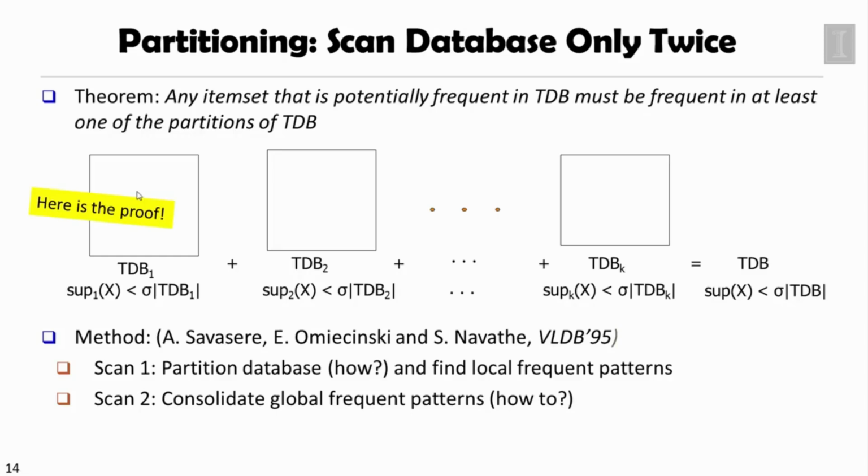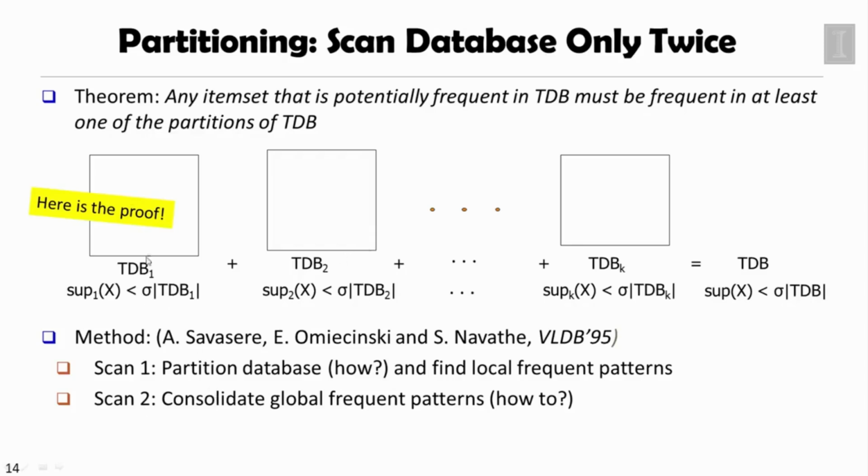So that's the reason you can scan once, put them in memory, and work on it to derive frequent item sets for no matter how many Ks you have. That means you can derive all the local frequent item sets. Then based on this property, you can do the second scan like this.